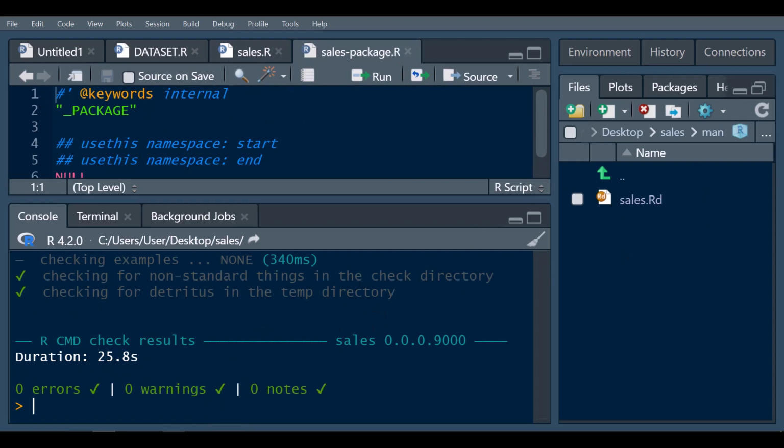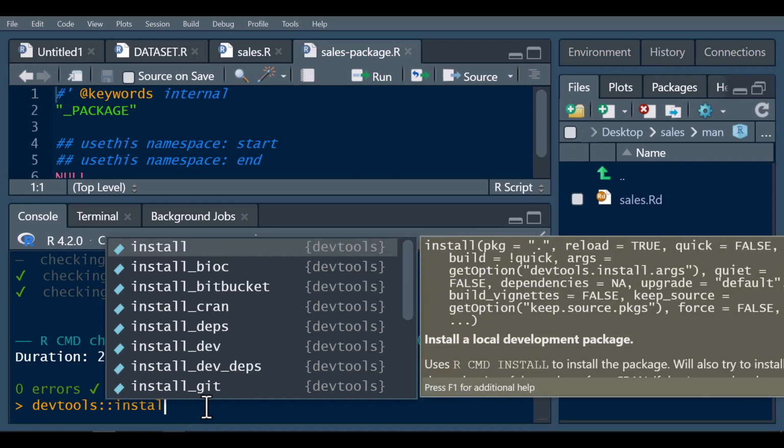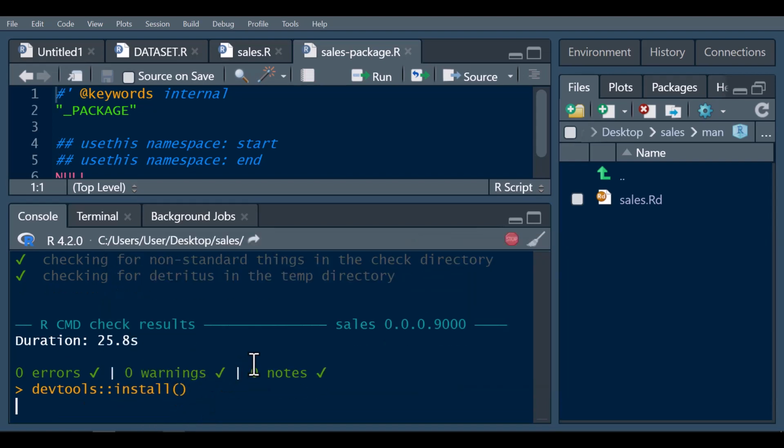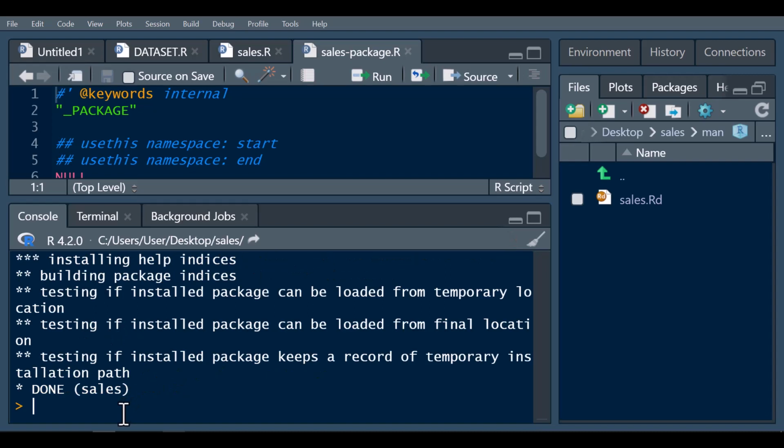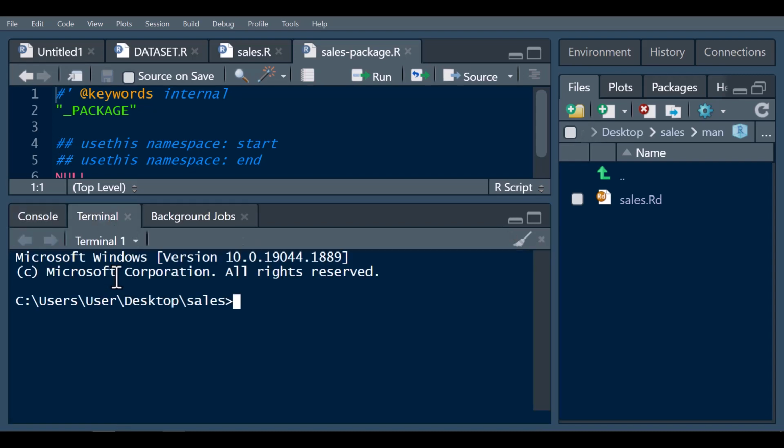So now the next thing we're going to do, we're going to be building our package. So how do I build this package? So I'm going to say devtools install. This is actually going to build the package for us. So now, after building the package, the next thing we're going to do, we're going to push it